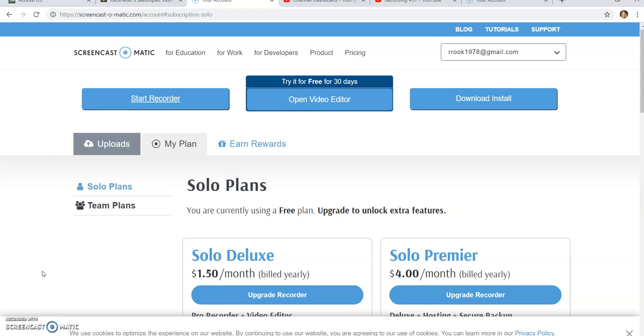When you are done, there is obviously a pause button or stop button at the bottom, and when you click that, it then asks you what you want to do. You could do one of 2 things. You can save it as a video file and then separately upload it to YouTube, or you can upload it straight to YouTube. If you already signed into YouTube, it'll go straight there. And once it's fully uploaded, you can watch it, make sure it looks like how you want it to look. And then you're just going to take that actual URL and you'll include it as a resource